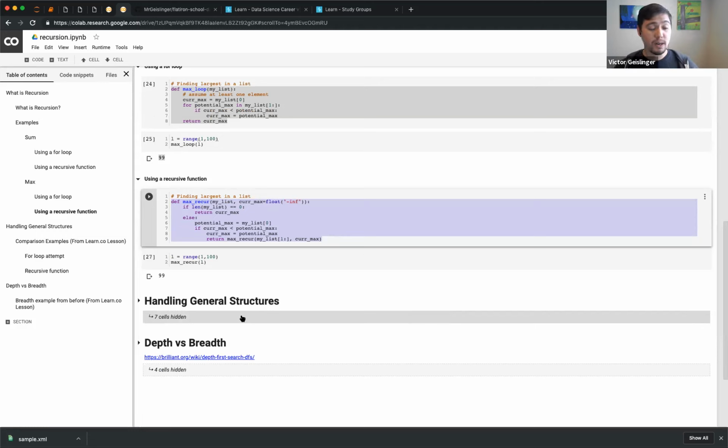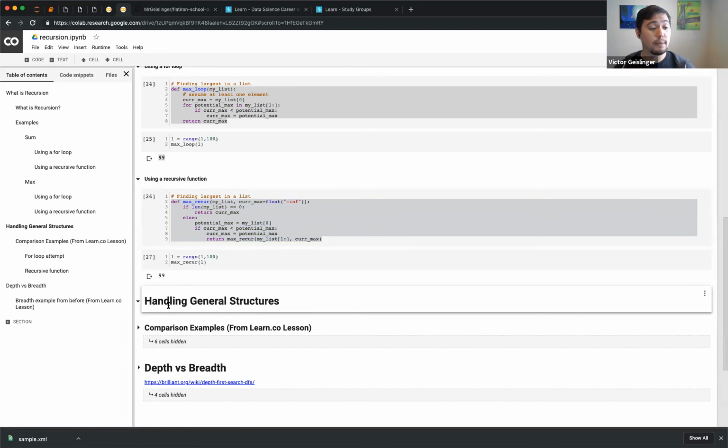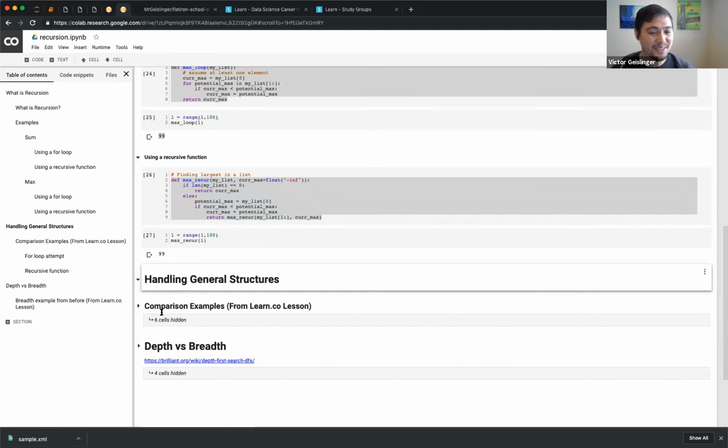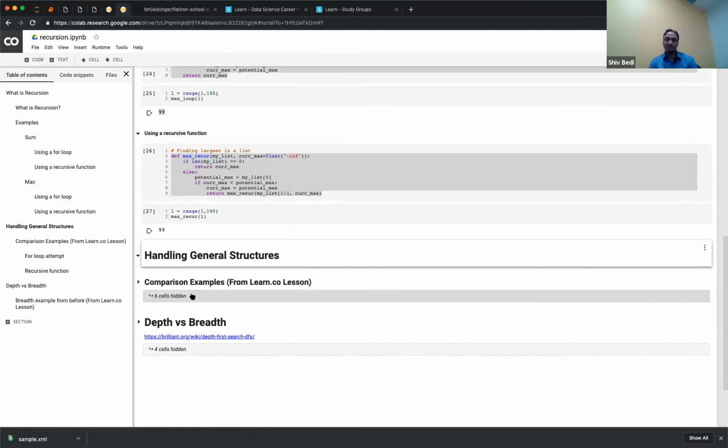And Python, for the most part, tends to be not as efficient because we do a lot of optimizations within lists and basically arrays. Like NumPy, if you can vectorize it, usually that's faster than most recursion. But recursion is really useful when we have to handle certain structures, especially. So this actually comes into, it's a great question, Shiv, because it does lead us right into our general structure.